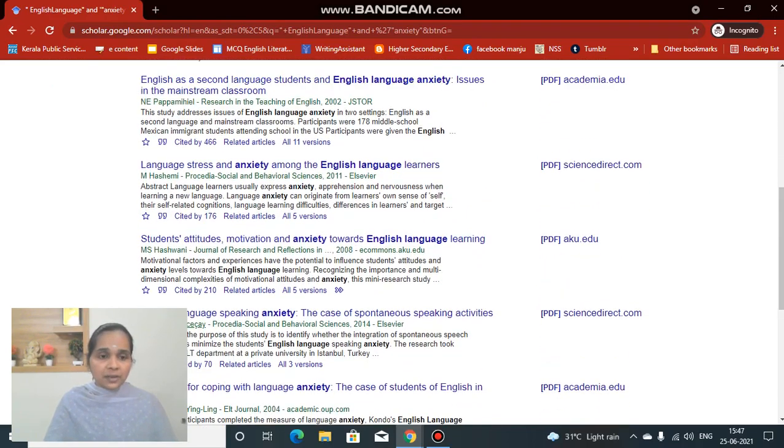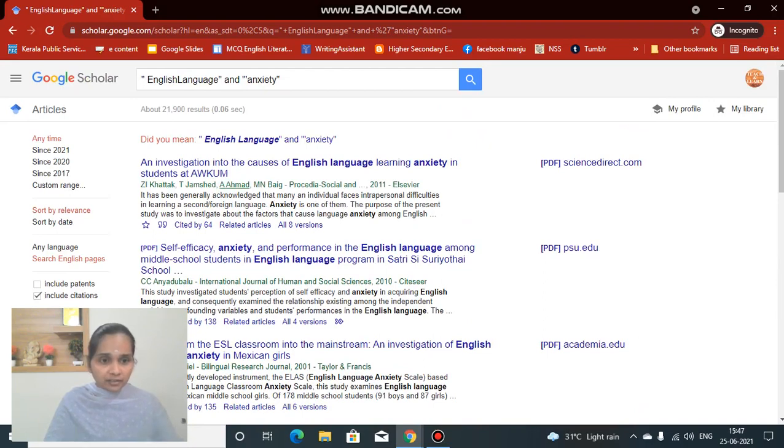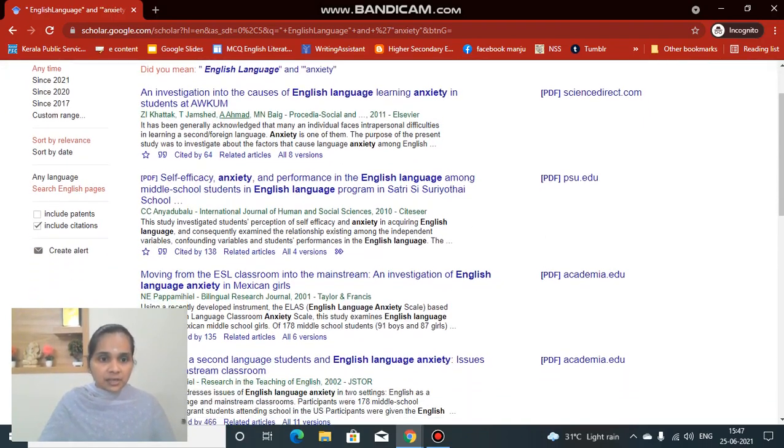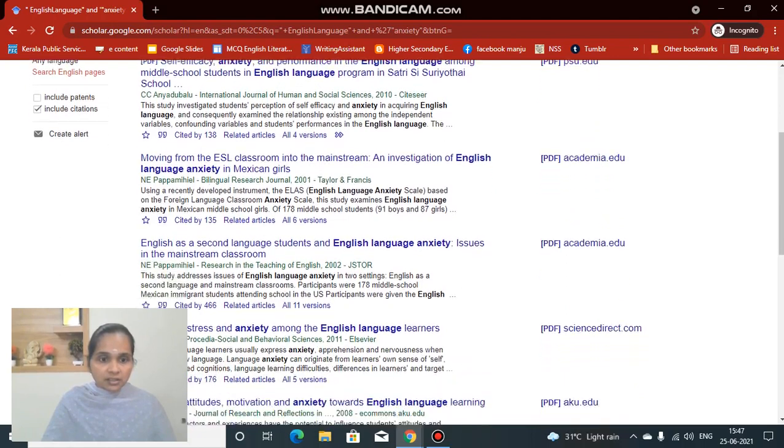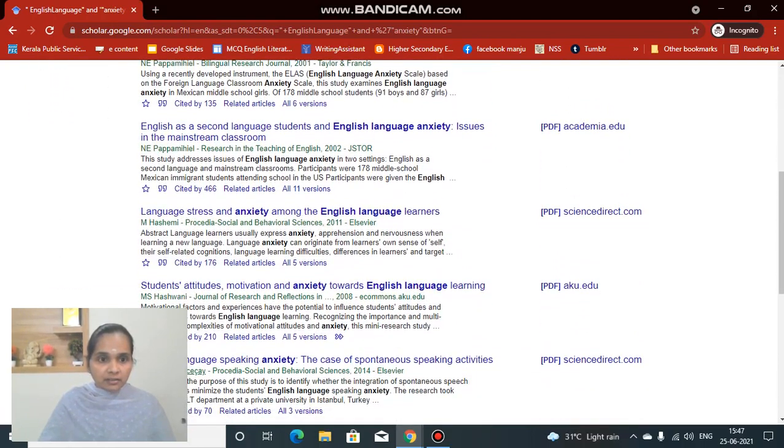Now it's better to see how many of these papers have been cited by others. The first one is cited by 64, the other by 138, the other by 135, and here I have one item cited by 466.